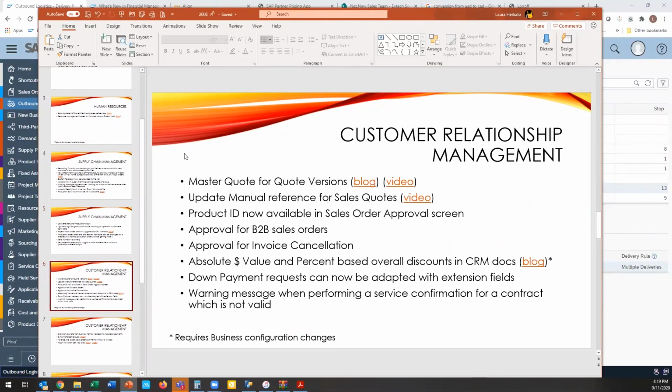Right, so that's the supply chain management side. And now we'll move into the customer relationship management. A lot of new things, very cool stuff came out with the CRM area. One being the master quote for quote versions. Massive use case, and a lot of, if you're using quoting or estimating within ByDesign, up until this feature capability,